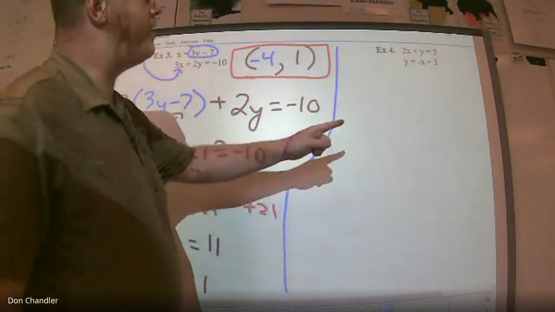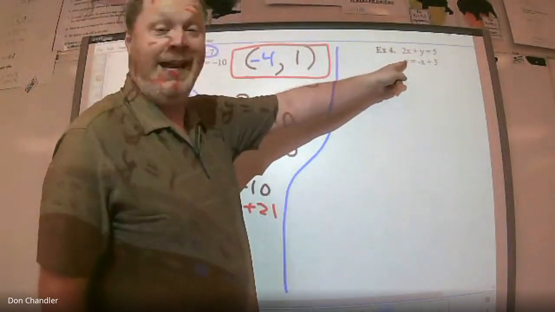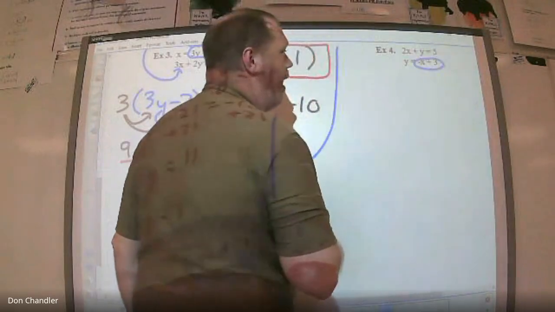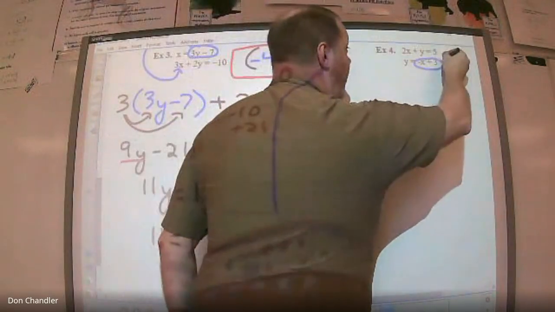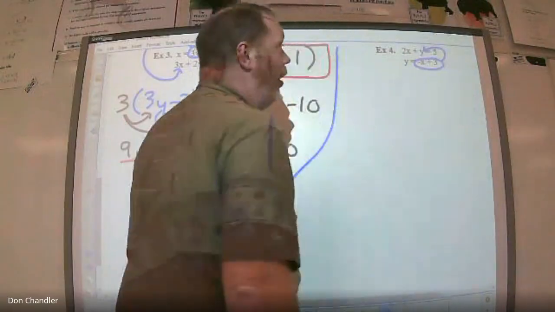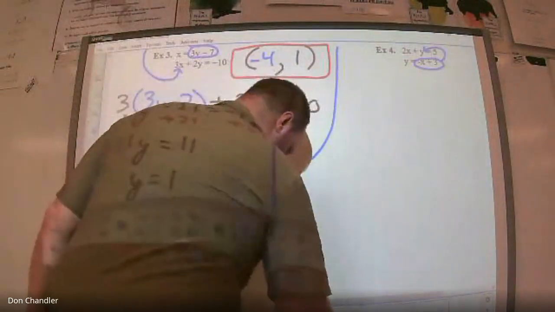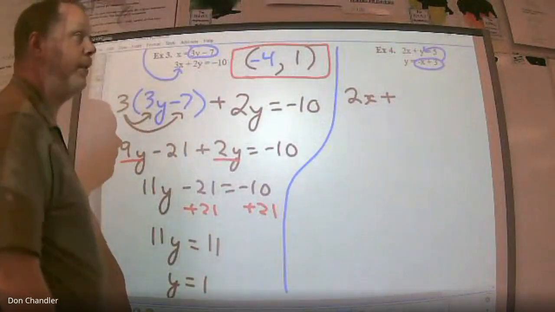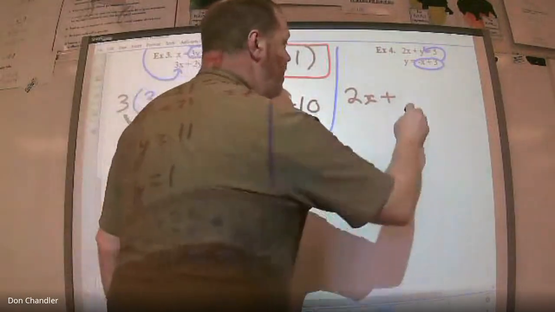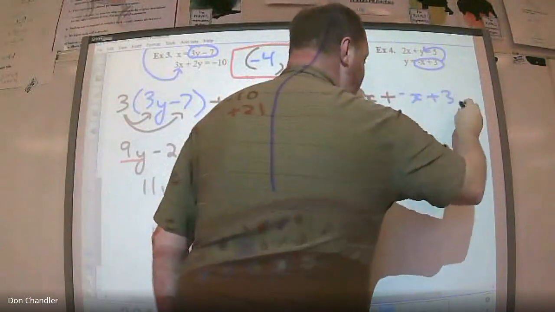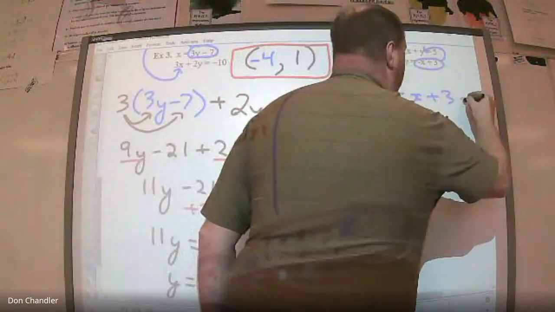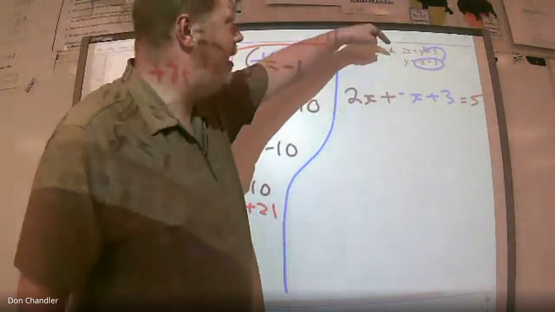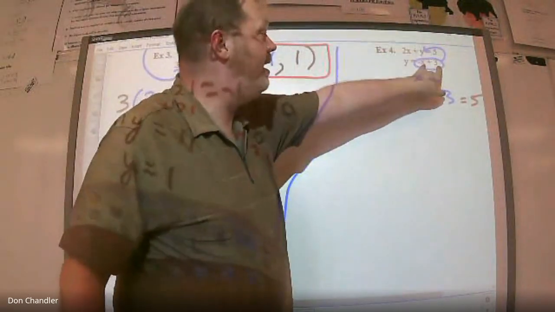All right, notice the second equation is already y equals. I'm not saying you have to circle this. I'm just trying to show my students what's going on. I am taking this y equals and I'm going to shove it right there in for y. Thus, 2x plus, because that's what the black is. Hey, what's y? It's negative x plus 3, which is supposed to equal 5. I have the ability to use colors, so black is original: 2x plus, hey, what's y? Negative x plus 3